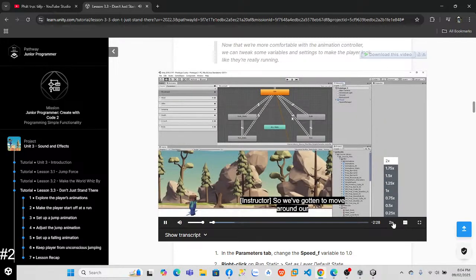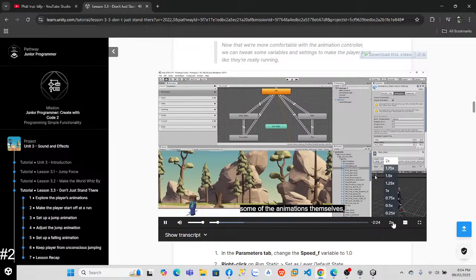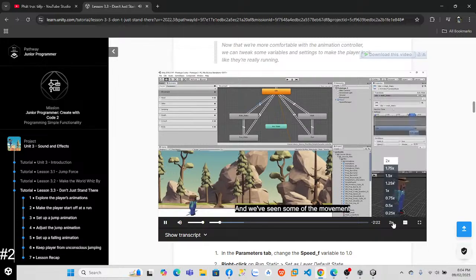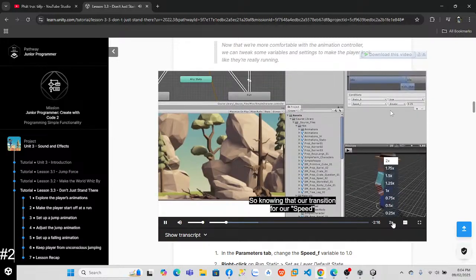So we've gotten to move around our animator window just a little bit, and we've gotten to go and look into some of the animations themselves and preview them. And we've seen some of the movements between all the transitions. So now what we're going to do is we're actually going to play around with the values in these transitions. So knowing that our transition for our speed needs to be greater than 0.25 to be able to start this